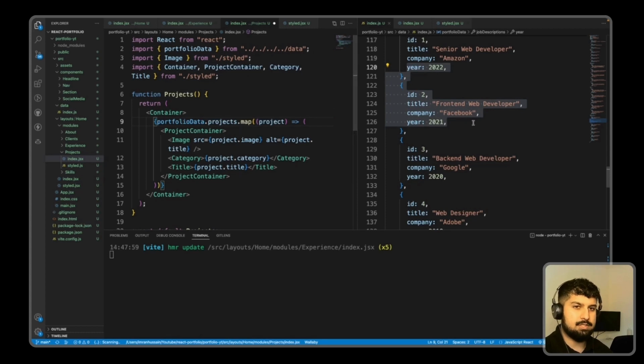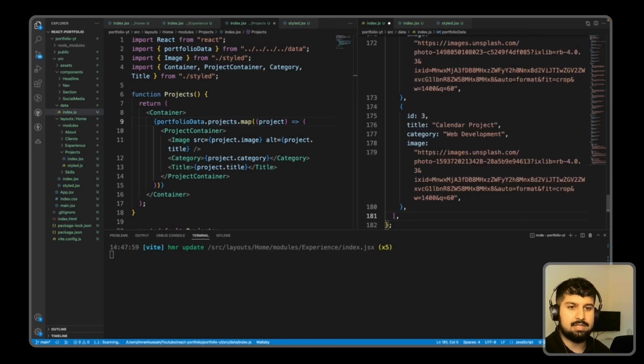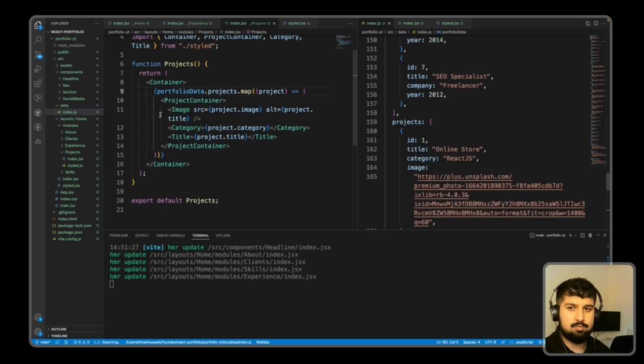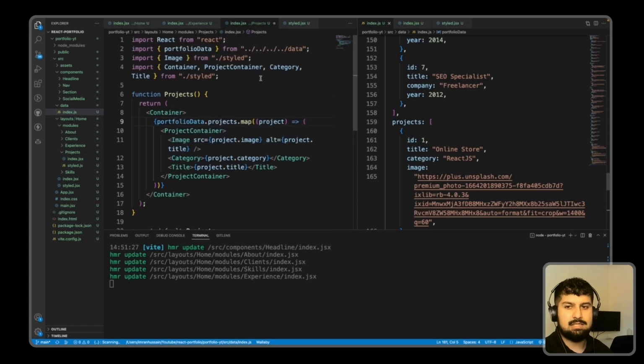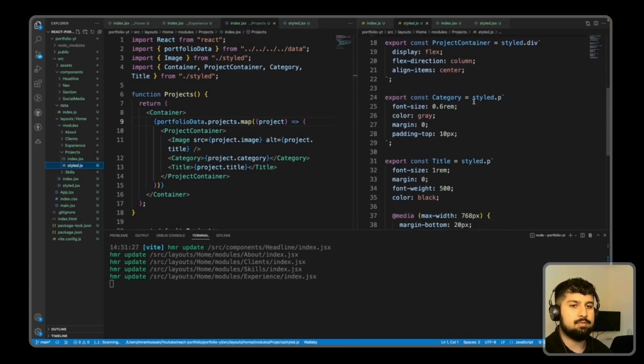And then what I need to do is add a projects array in my data object. So if I bring that in also, which is the final object that we are going to be adding into this data object. So now if I save that, and essentially what we are doing is portfolio data.projects.map, and for each container, we're going to have an image, a category, and a title in there. And this is all responsive. So if we go into our projects and in styles, as you can see, we have the responsive styles in